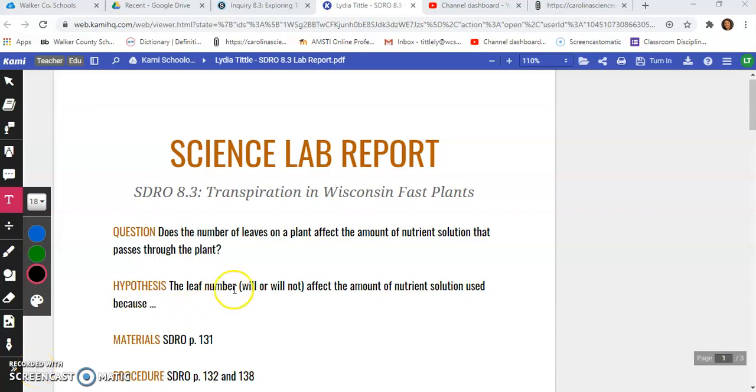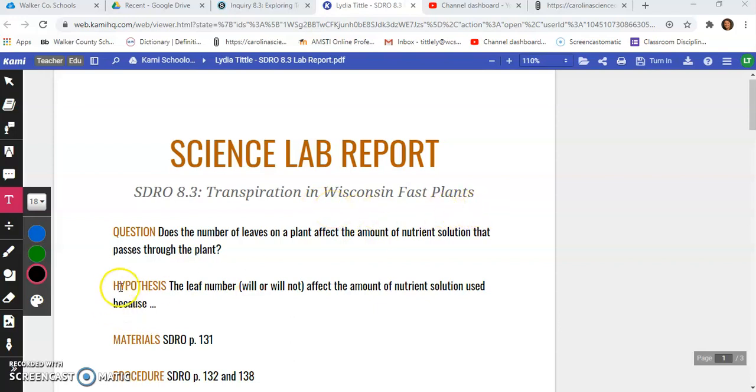In Inquiry 8.3, we're going to be looking at transpiration in our Wisconsin fast plants. So if you think about transpiration that we've mentioned in Inquiry 8.1 and 8.2, that is when water vapor escapes from the leaves of a plant through the stomata. So we're going to do an experiment in 8.3 where we see how much transpiration occurs in the Wisconsin fast